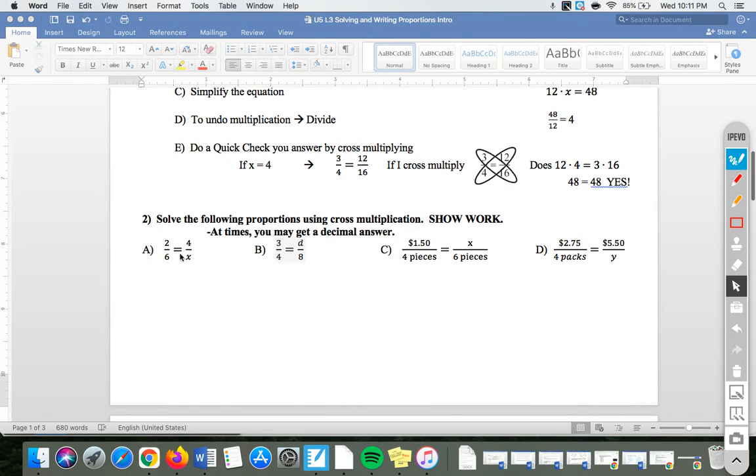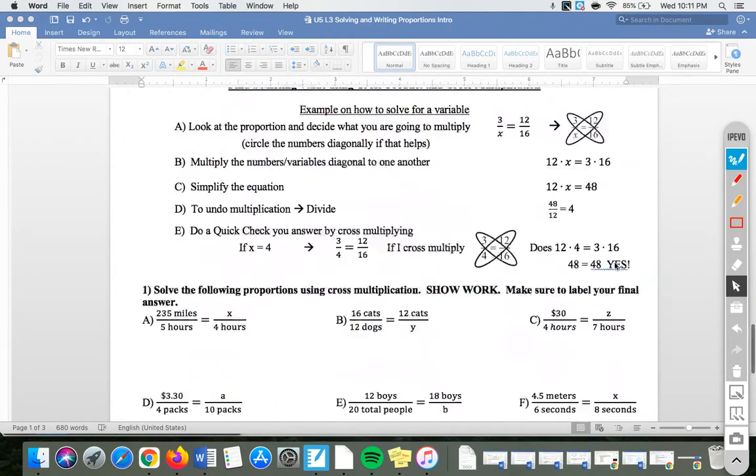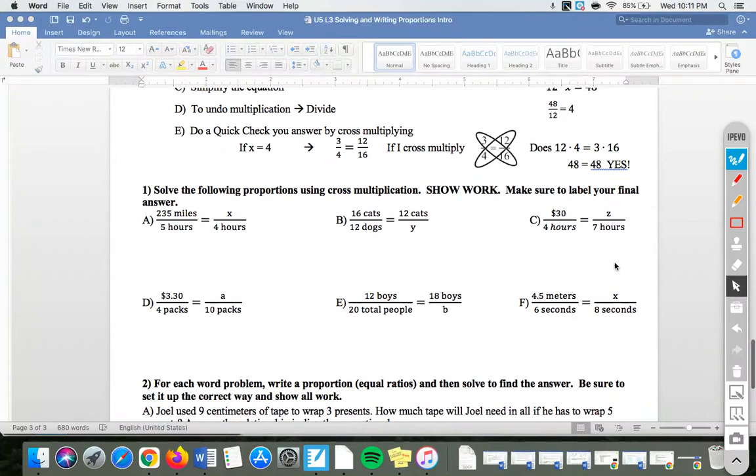It doesn't matter if there's just numbers and variables or if you have actual labels here, but make sure with the labels you're paying attention. Notice this is pieces and pieces in the bottom part of the ratios. Dollar amount, D, dollar amount. For the 4 packs, I know that Y is going to be a certain number of packs. So if I jump down here to looking at an example,